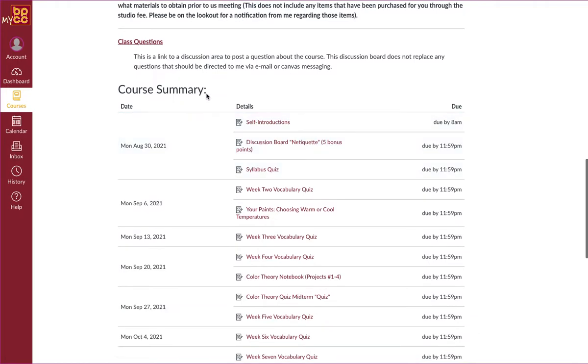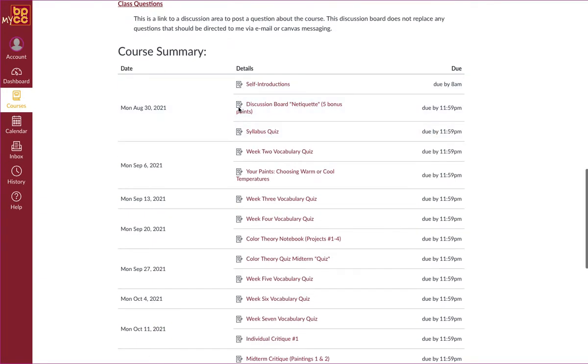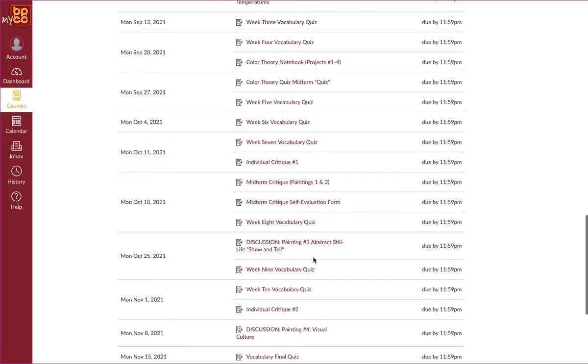Then down below is the course summary page in the content block, which I think is probably the most important. This one actually shows the deadlines of each assignment, when they're due, and the time. Again, it may change depending on the semester that you're in. So when you're in the Canvas shell, you want to take a look and see what those assignments are and